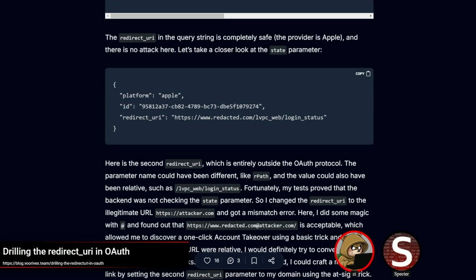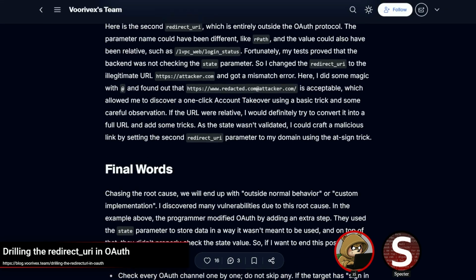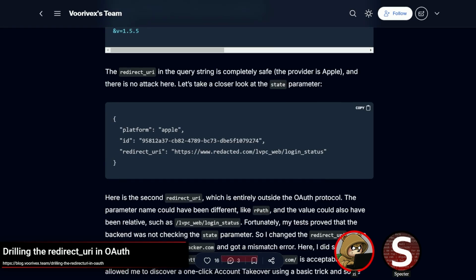It did take a little bit of effort. They end up using that classic trick of putting an @ sign in there to have it appear to match some of the checks before it does the redirect. It parses out, I guess I should say, to the expected domain, but because of how the browser handles it, it's going to go over to the attacker and not the expected domain. So they use that little trick, but the main problem here,